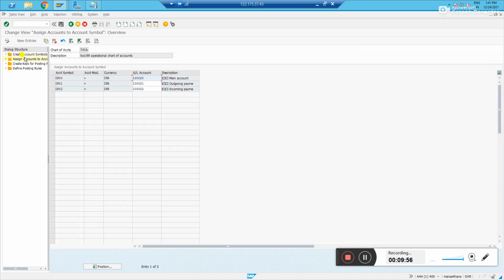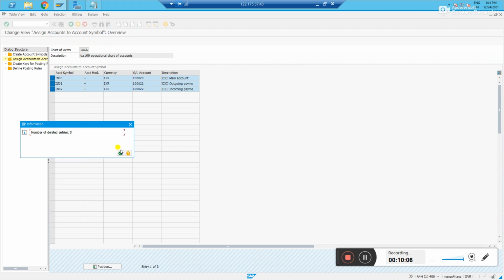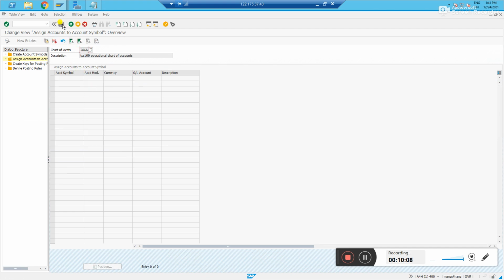Come to the next step. There are already some entries. Let us remove them and we'll add ours. Save. Click on New Entries. Our symbols: KP00, plus, currency INR, GL ending with 20 is my main bank GL account.